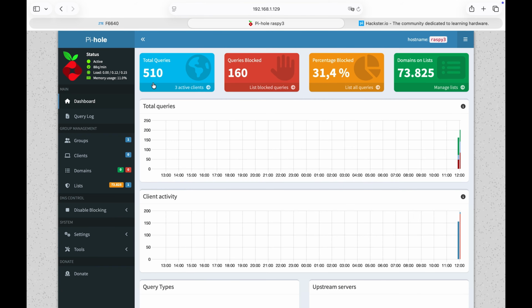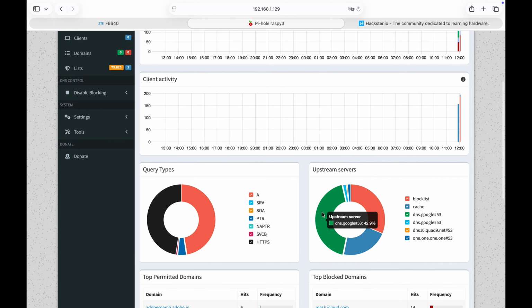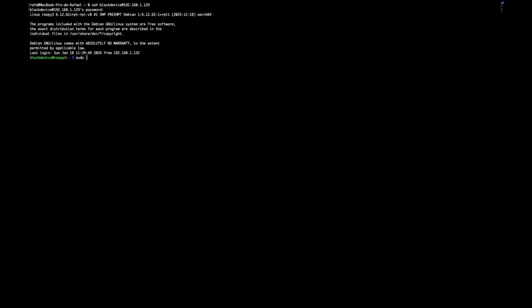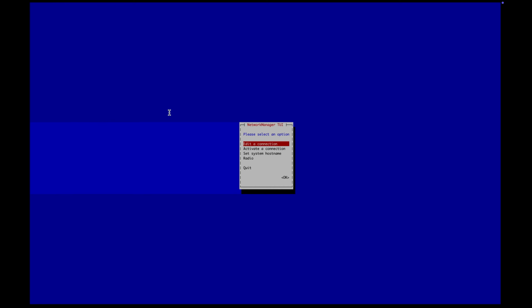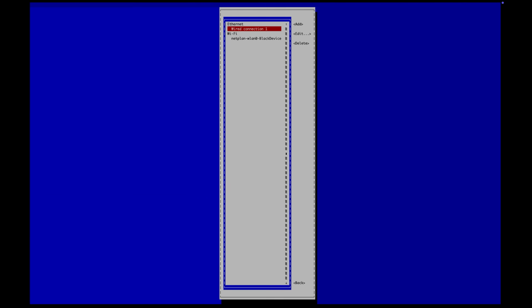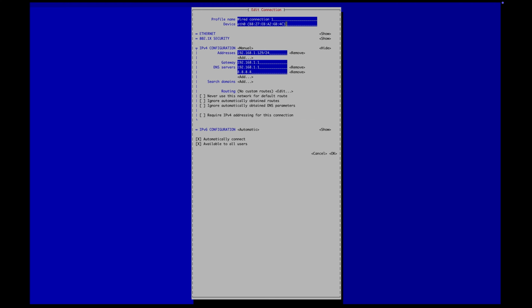The first service we're going to try is Pi-hole, a tool that lets you browse the internet ad-free from any device on your local network, making your experience not only better, but faster too. Pi-hole requires your Raspberry Pi to have a static IP address, so head into your device's network settings and make sure that's configured. Confirm, save, and reboot.